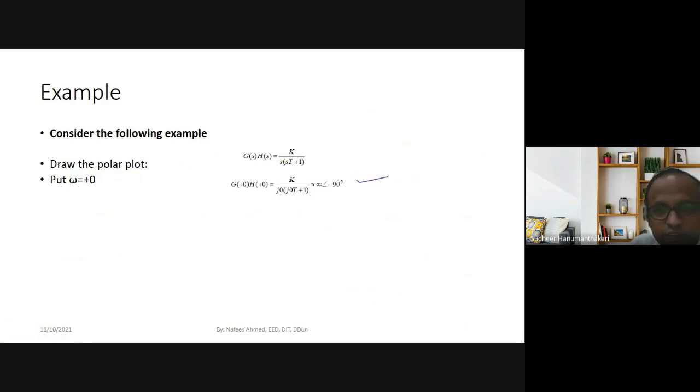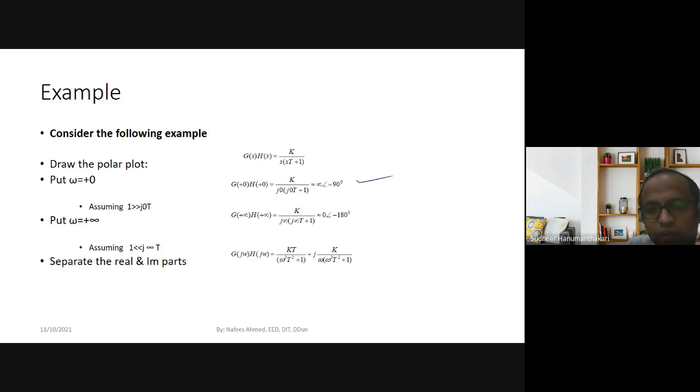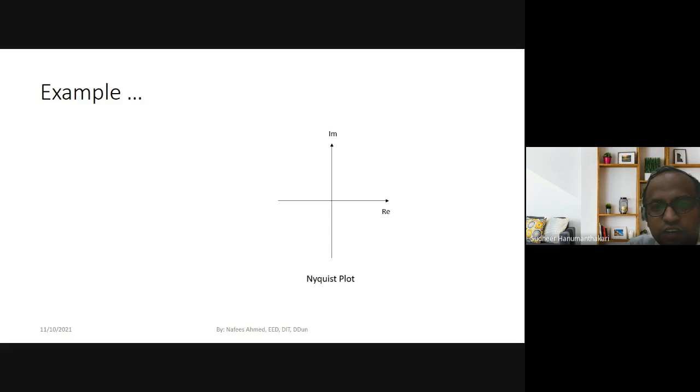For C1, we can draw the polar plot. And then at plus infinity, as I said, it is 0 at an angle of minus 180. I have explained it. So separate the real parts and imaginary parts. There is no intersection. Finally, you draw the polar plot. Simple. We can explain everything, or in simple terms, because we studied this, we can draw the polar plot for